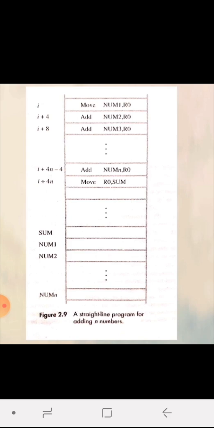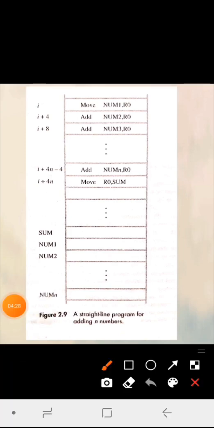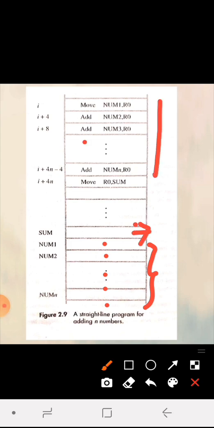When you are using n numbers, the number of add instructions you are using is larger, and the performance is the same. So you can use any amount of data and store it here in the data section, and this is the place where you can store your result. This is the section of the program where you need to write that add instruction many times. So this kind of programming is called straight line sequencing.